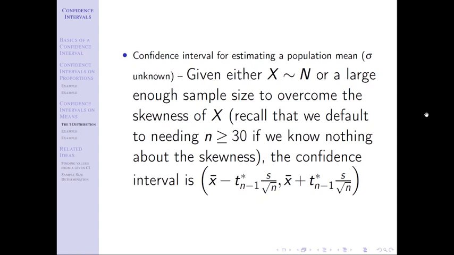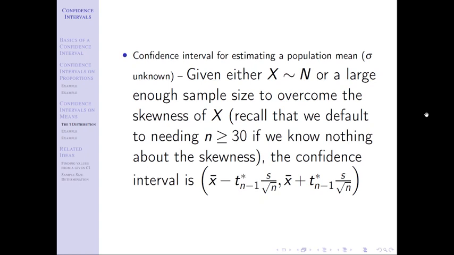We go through that gated approach. If x is normally distributed, then x bar is normally distributed. Boom, we're good to go. If not, we call on the central limit theorem. Central limit theorem says that as my sample size is bigger, the distribution of x bar becomes more normally distributed, so I need a large enough sample size to overcome any skewness of x.